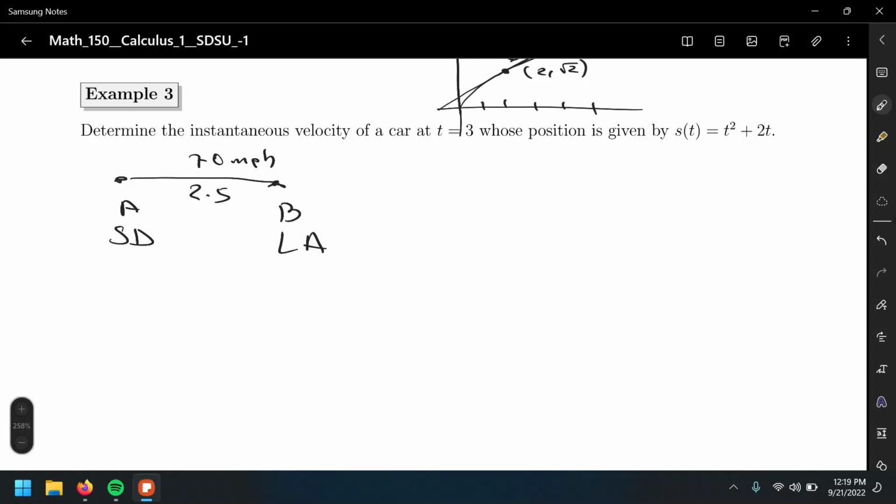So we want to find the instantaneous velocity. The velocity here, the velocity there, the velocity there. So we will no longer have to use the average rate of change. We will be able to use now the instantaneous rate of change, in this case, the derivative. So we're given the function that provides the position of the car at different